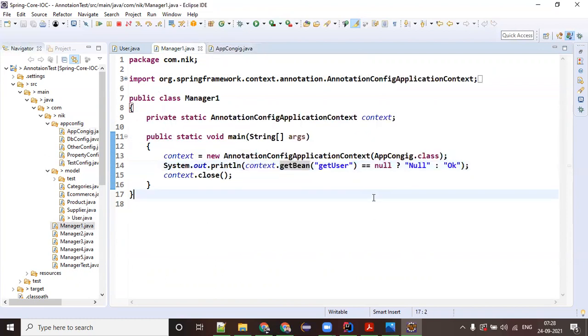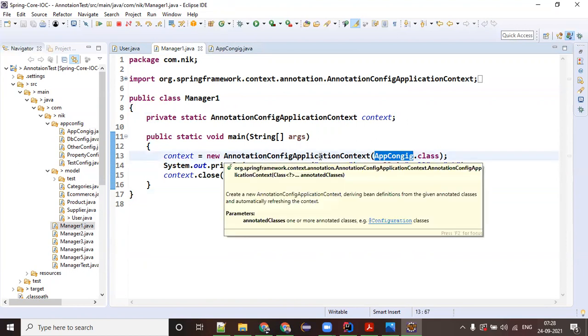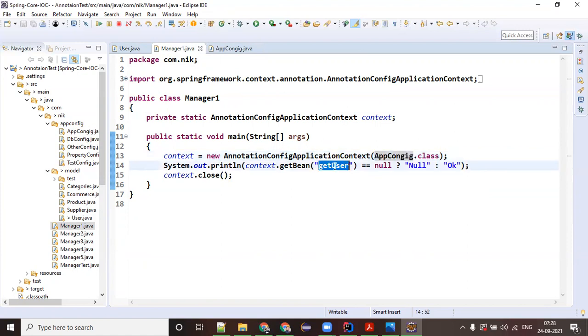So what I'm doing in this manager class, I'm saying, hey, app config, you might have lots of beans, but I'm interested in this getUser bean. Once you say context.getBean, it will give you the object of the user class. And this is called the conditional operator. I don't know whether you know it in core Java or not. This is one of the conditional operators. So what basically the conditional operator does, if I write this piece of code, then it should be something like this,